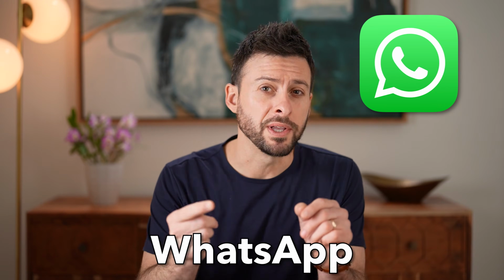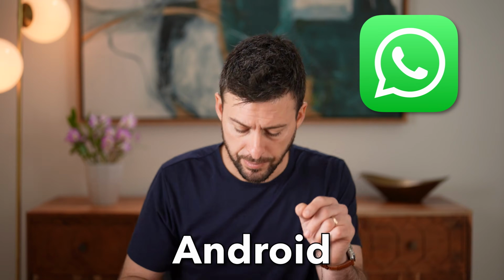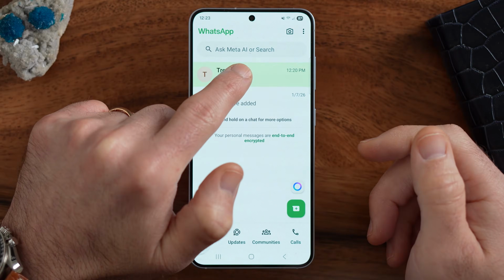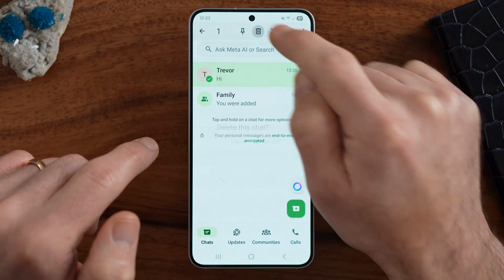Here's how to restore WhatsApp messages on Android. Now on your Android phone, let's first just open up the WhatsApp app. Let's say you accidentally deleted a conversation and you wanted to restore it back onto your device. Let's say in this case, I'm going to press and hold on Trevor and then hit the trash can icon